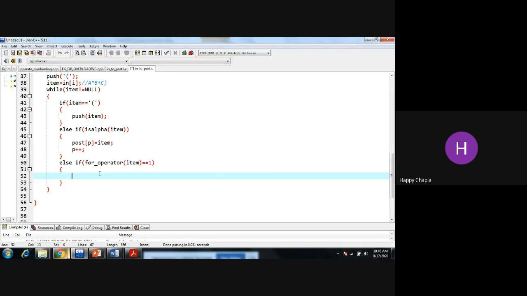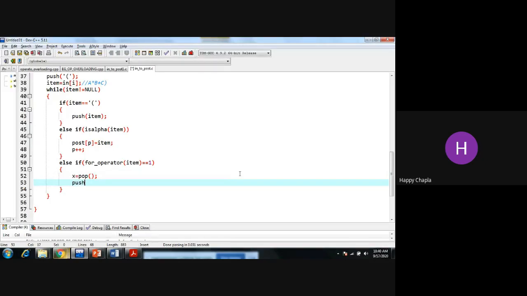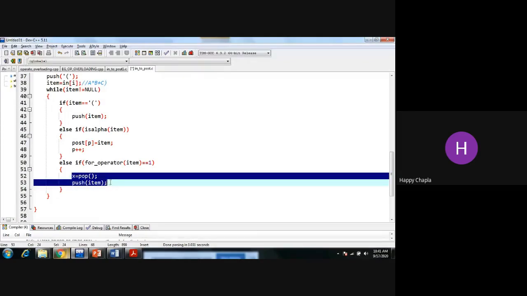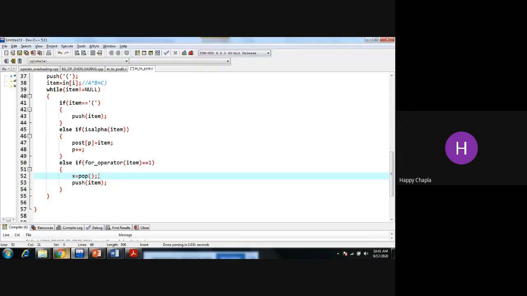Okay. Now प्रेसिडेंस चेक करने से पहले हमें कुछ वेरिएबल को पॉप करना या पुश वो चेक करना पड़ेगा, and maybe push with the item, right, something like this. ये दोनों केसेस मैच करना पड़ेगा. Like if we want to pop that element, for that we need to check the precedence, whether it is equal to this or not.